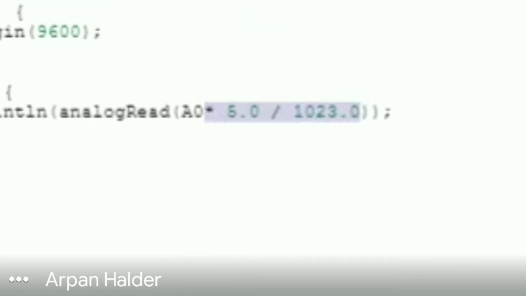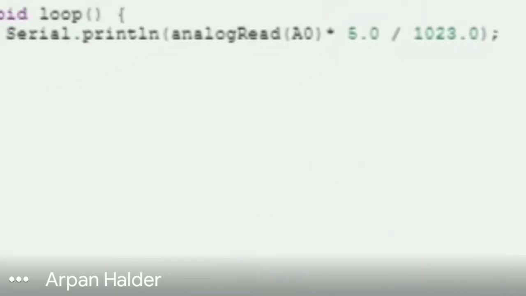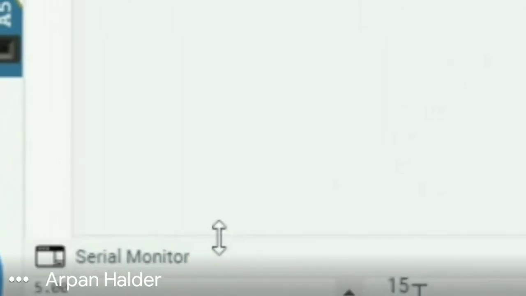Instead of multiplying it with the analogRead value, I have multiplied that whole thing with the variable A0 itself. Now it should work. Yeah, it started working.